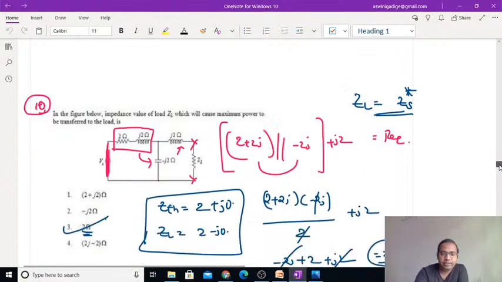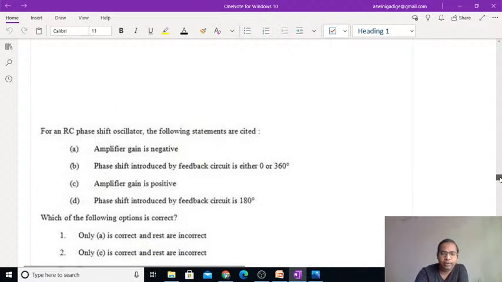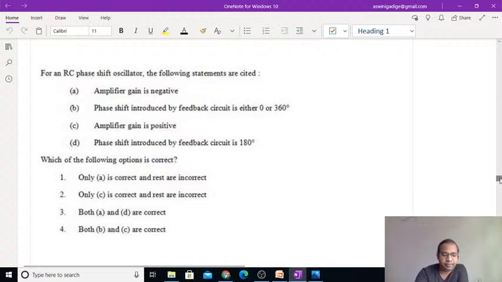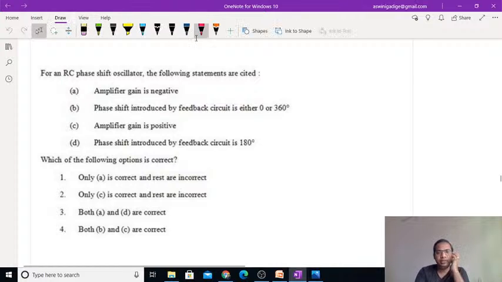And coming to the present session, we're going to start with this question, guys. So it is question number 1 for this session. The question is, for an RC phase shift oscillator, the following statements are cited. Okay, RC phase shift oscillator. That means